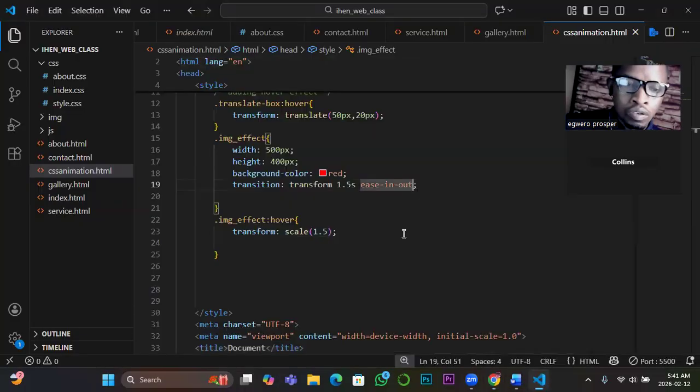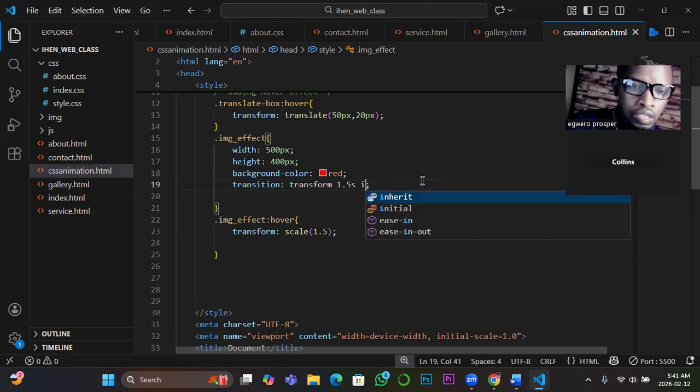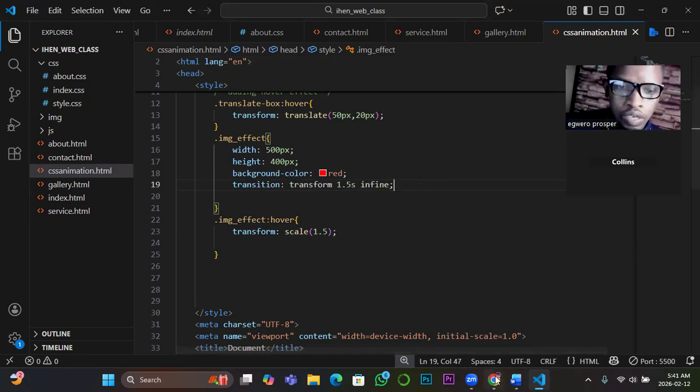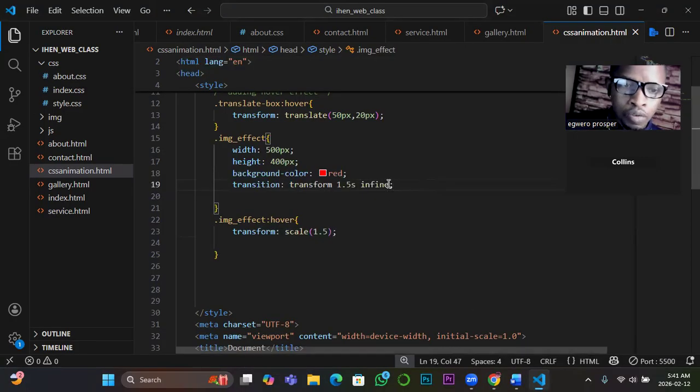So depending on how you play with them, if you put something like infinite, let's see whether that works. You can see that that property is not meant for this. Where we get to time function, that is where we will use it. So let me leave it at this. So that is how to use